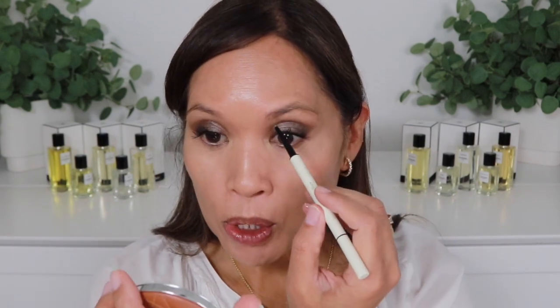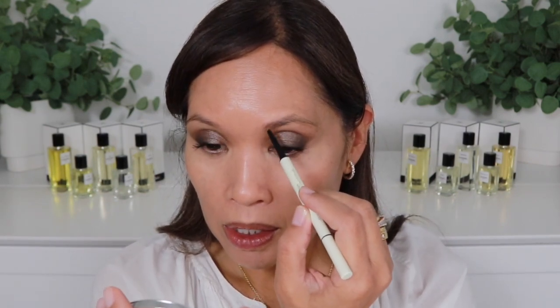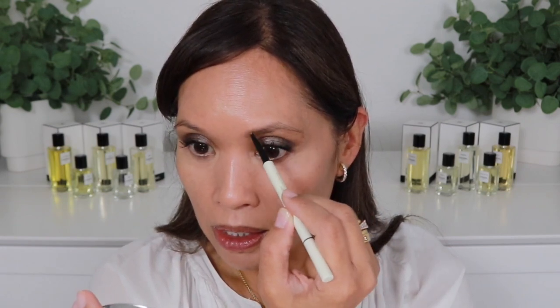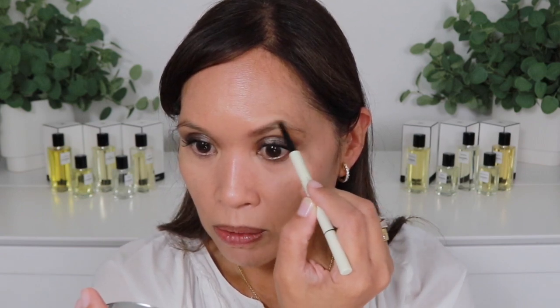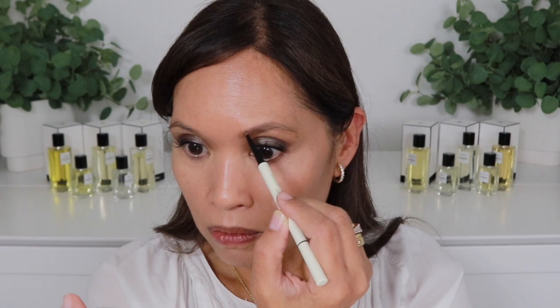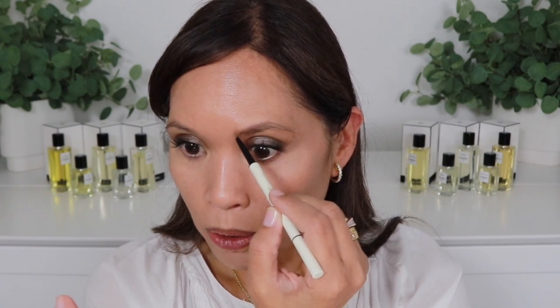Let's go in with brows. We're going to do some maximalist brows today, because I've got 2 of the Victoria Beckham pencils. I've kind of moved away from dark brown, but I do like when I have both of them on. So we're going to fill in first with taupe. This is, again, Victoria Beckham BabyBlade. And then you'll see the difference. So this one has a really lovely cool tone to it. So let me do both with taupe, and then you can see the difference compared to when I add dark brown,